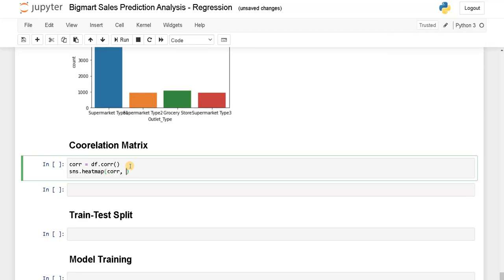The variable annot equals true to display the values of the correlation, and cmap equals coolwarm. You can use any type of cmap if you want. There are numerous types of cmap, so just choose what is suitable for you. Let's run it.